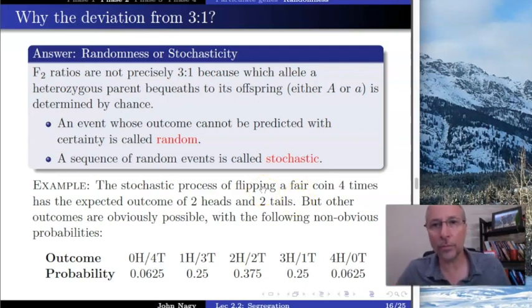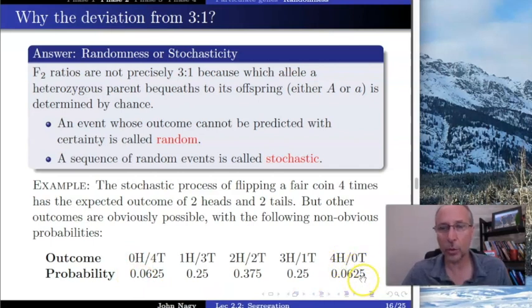Okay, so let's take a look at this. If we have a fair coin, we flip a coin, we know we have a half chance it's going to come up heads, half chance it's going to come up tails, right? Now, can you calculate the probability that in that coin flip you would get, say, 4 heads and 0 tails? And the answer is yes. It's a very straightforward sort of thing. You use this thing called the binomial theorem. You'll learn that later. But if you do that, here's the probability of 4 heads and 0 tails is 0.0625,